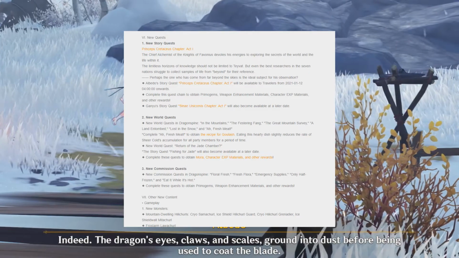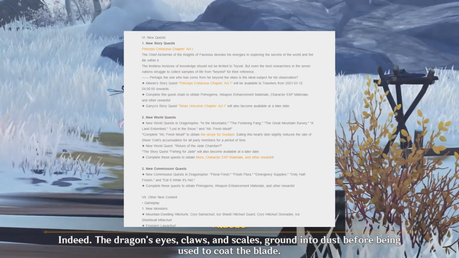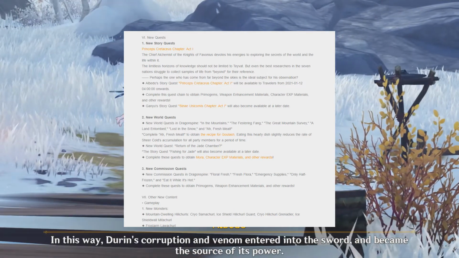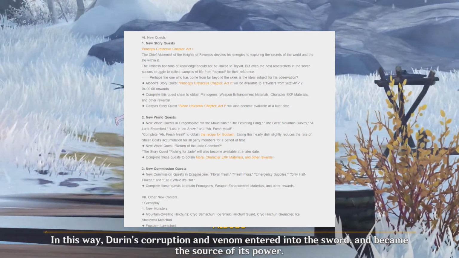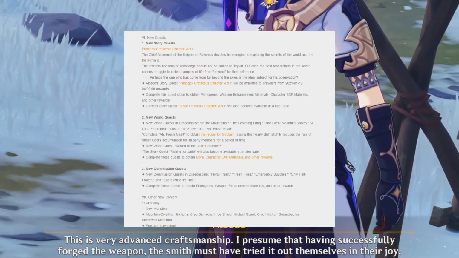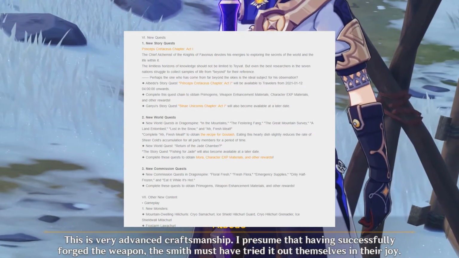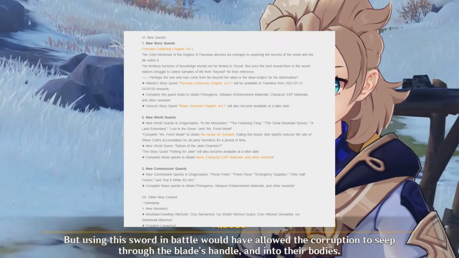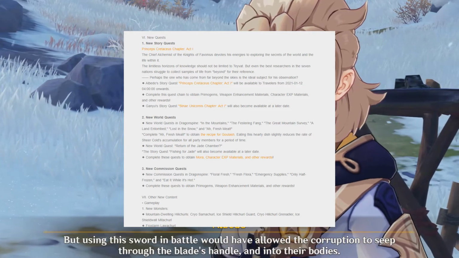Moving on, there's also some new world quests. So as you can see, there's a handful of world quests introduced with Dragonspine in the mountains, Festering Fang, the Great Mountain Survey, and now Festering Fang is the one that gives you the free polearm, as well as the blueprint, and it looks like one of these other quests is going to give you a recipe for goulash as well. And they've also introduced a new world quest, Return of the Jade Chamber, which, story spoilers, if you haven't gotten to that point yet,